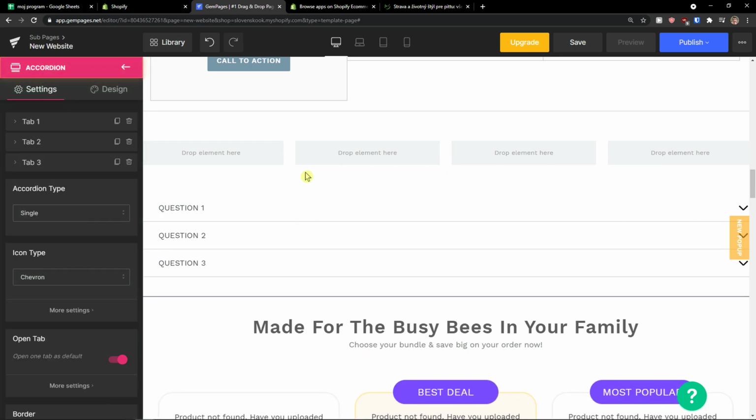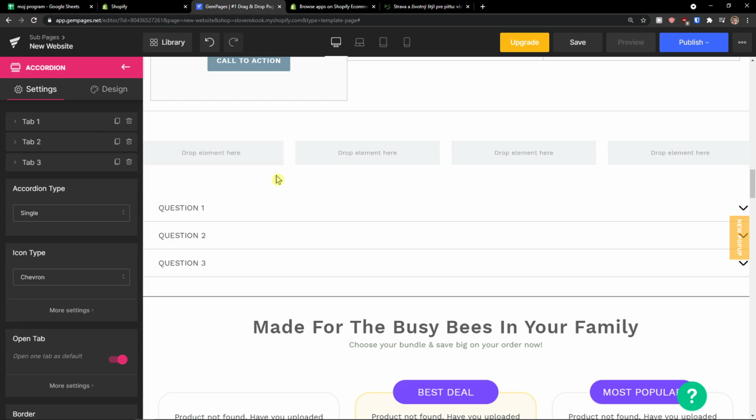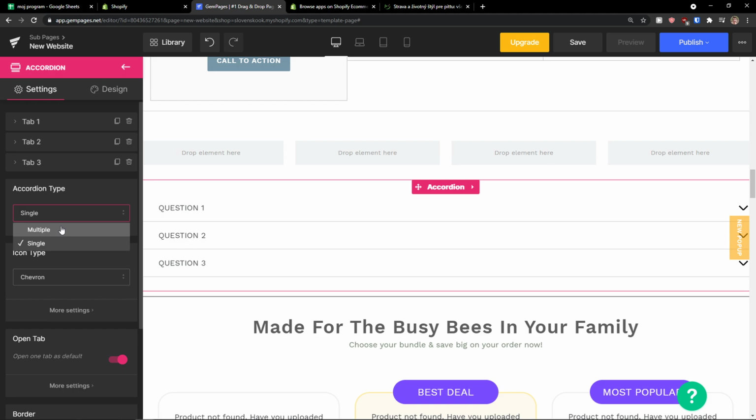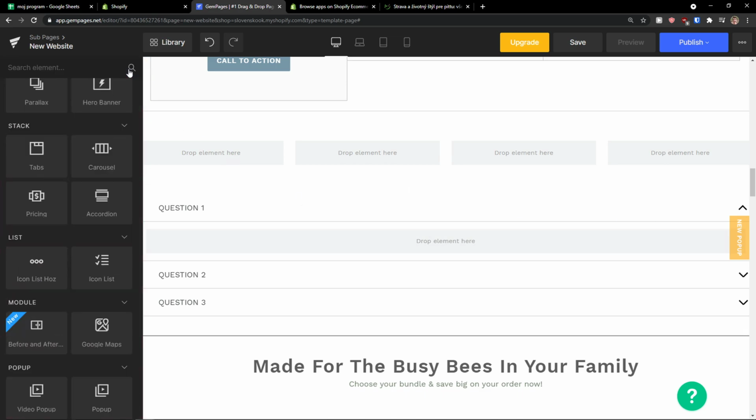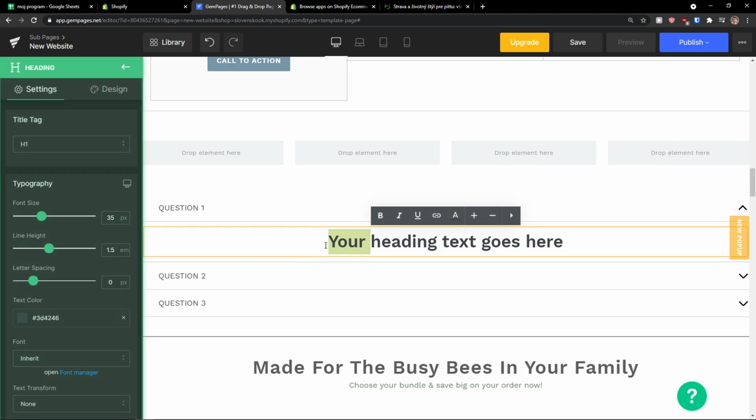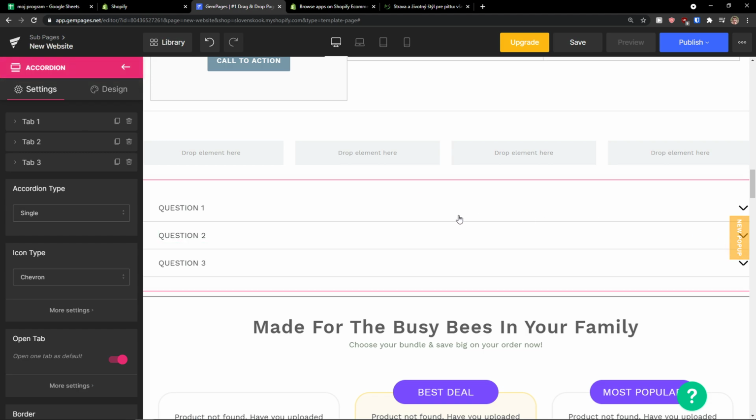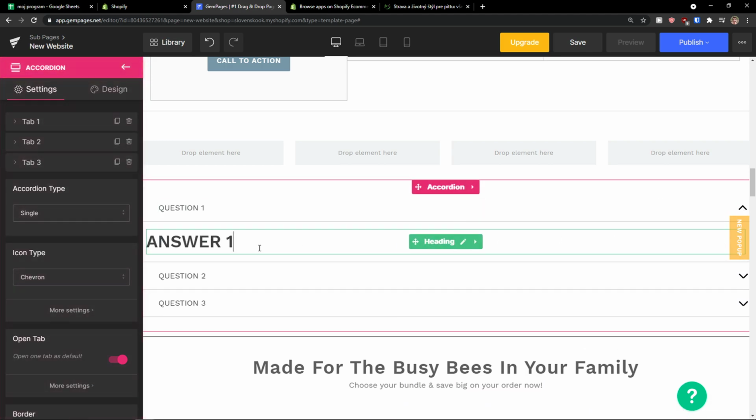Now, what I would do is that I would simply add some heading here. And you can have multiple accordion types, chevron, icon type. And voila, here I would just add a text. So I would add a heading. Answer 2, answer 1. I'm going to add it to the left side. See, and then I would have the same thing. So I would just come here,